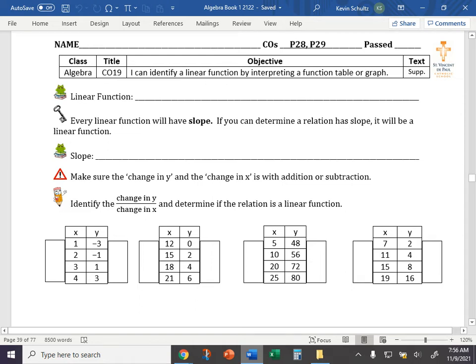Good day, Algebra. We are covering CO19 today. I was going to do this yesterday. I kind of waffled whether or not to just go with it. I decided to save it for today because admittedly, you are a little bit behind the eight ball when it